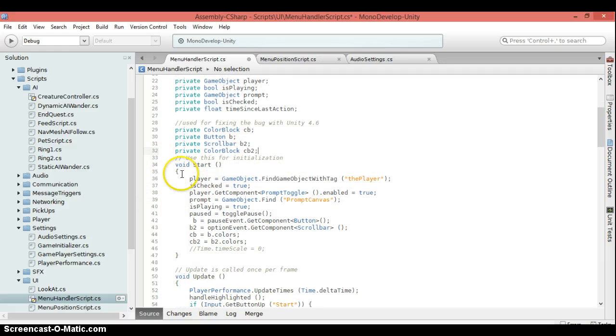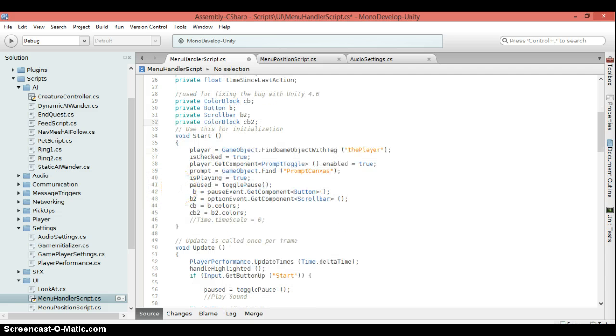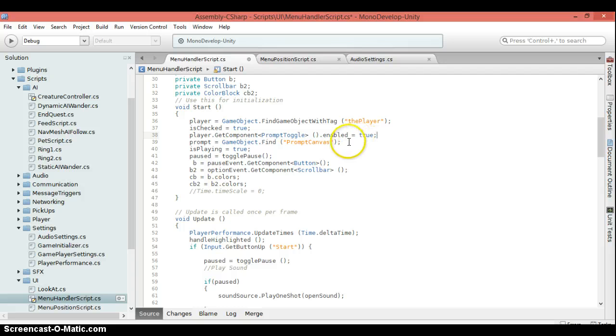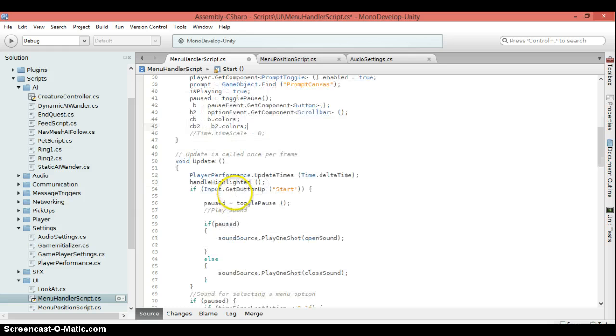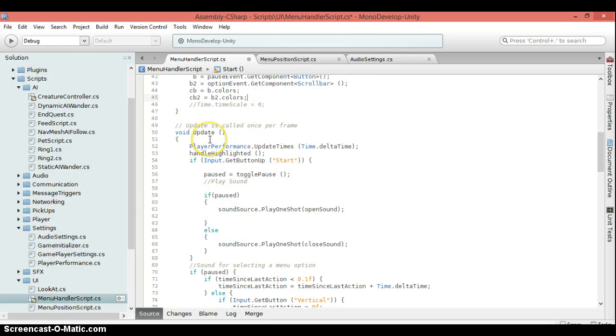So we just want to initialize what we wanted to start. So we look for the player. We set the check to true. We want the toggles to be enabled, and we want to find the prompt canvas. So playing to be true, and then we want to check these, which I'll go through later, as I said. So in the update,